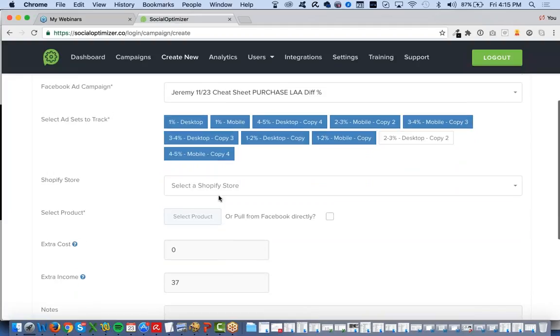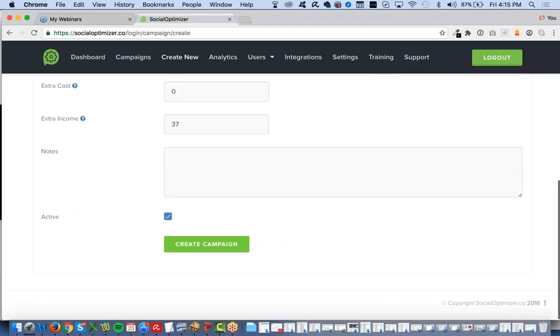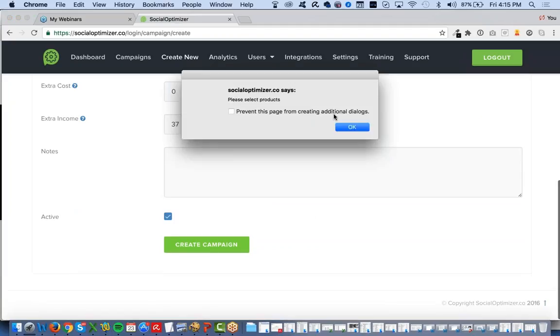pull from Facebook directly, yep, and please select products. Let me check something.